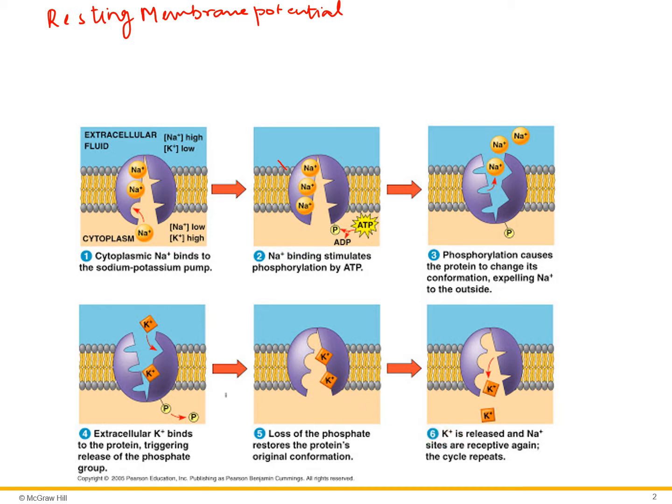And this happens quite a bit in the cell. So eventually, let's just say you have 1, 2, 3, 4, 5, 6 potassium ions moved in, you will have 9 sodium ions outside, right? So the cell is more positive on the outside than the inside, and that's how the cell gets a negative membrane potential. In case of pacemaker cells,